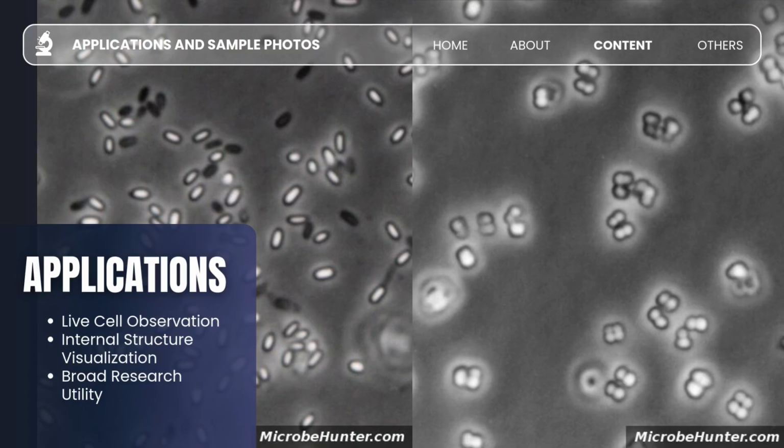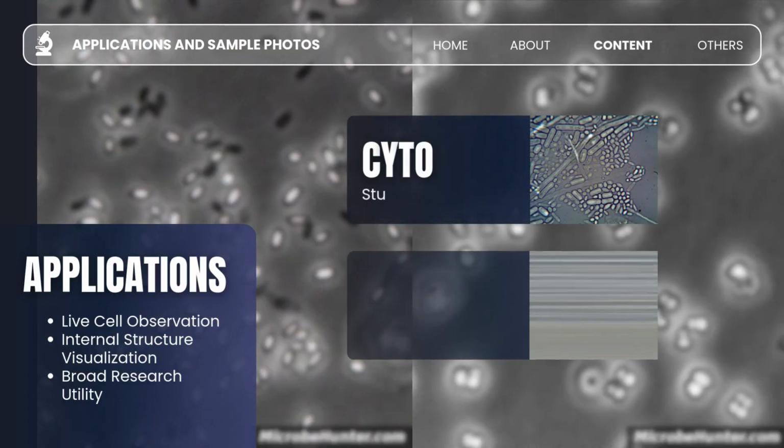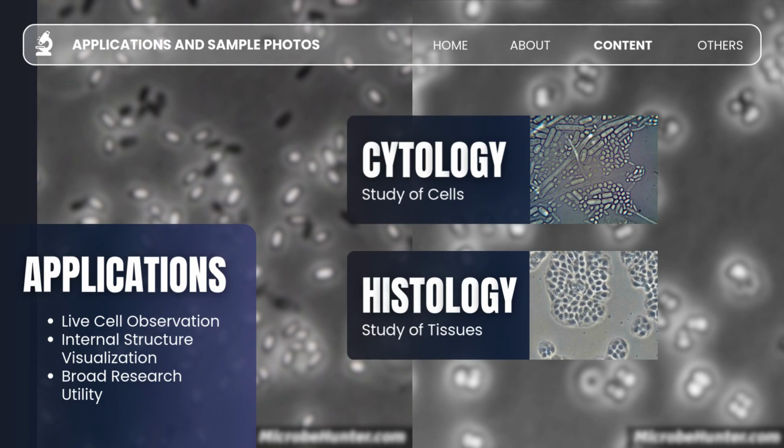Phase contrast microscopy is most valuable because it allows us to examine transparent living specimens in their natural state without killing, fixing, or staining them beforehand. This is especially important in biological and medical research, particularly in cytology and histology, where we can directly observe living